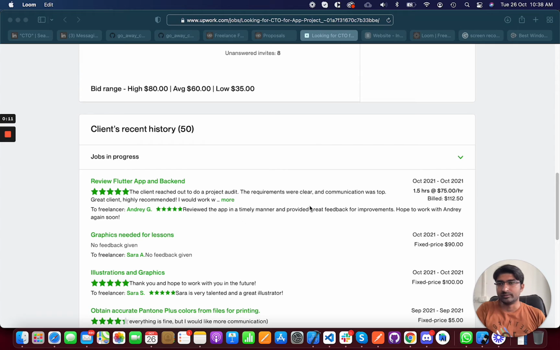So let me give you an idea of how we can save connections, because some clients are not choosing a particular freelancer on Upwork, or how we can choose a better client and close a better project as well. Right now, connections have to be purchased from Upwork with a certain amount of money.